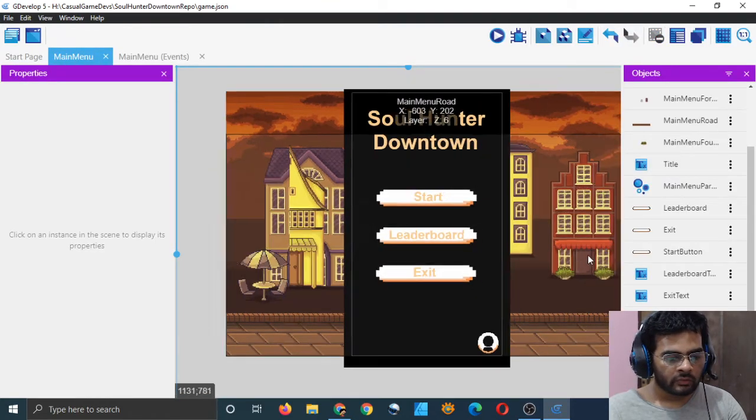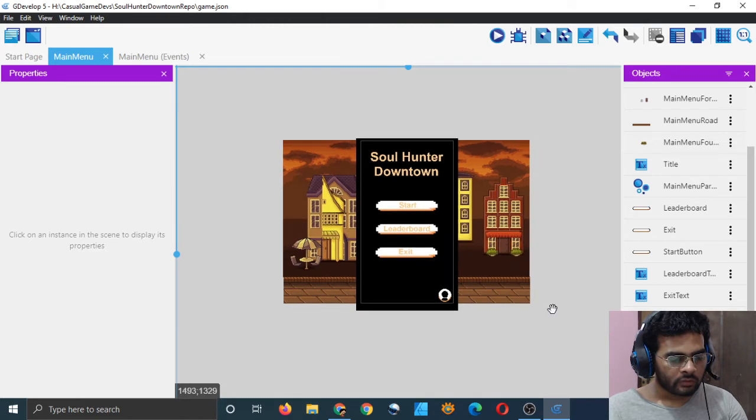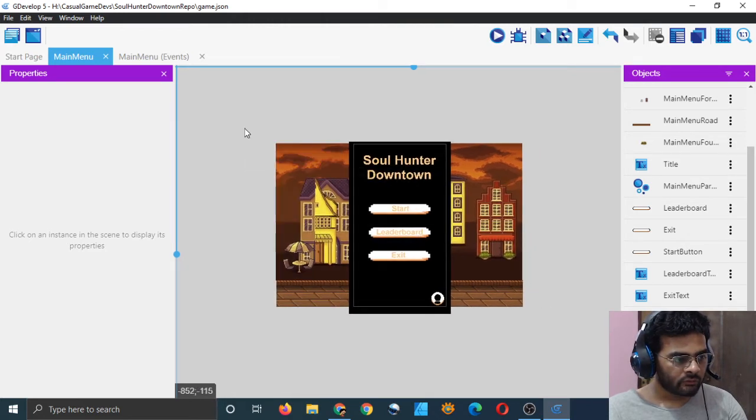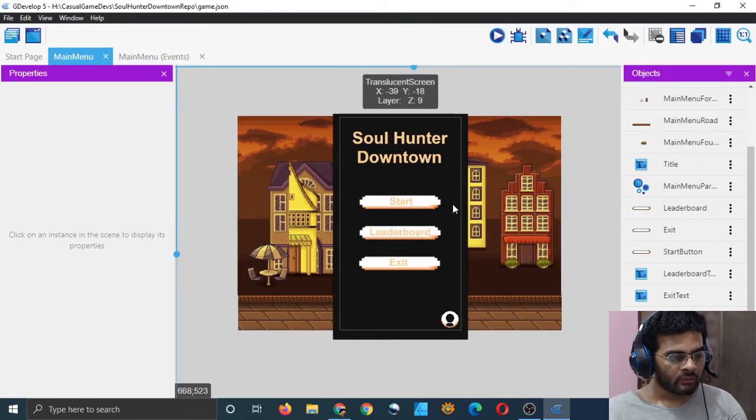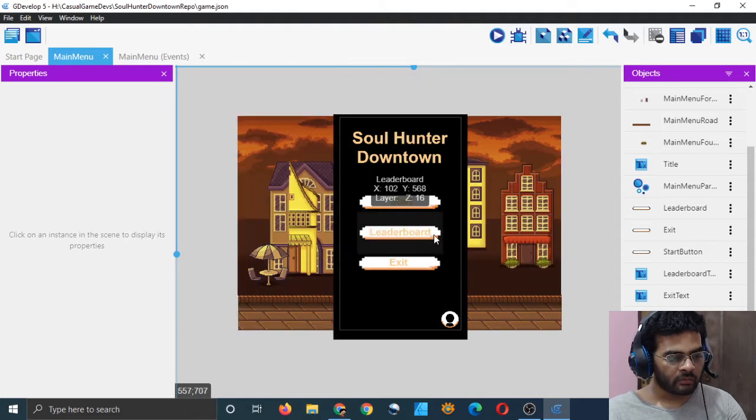And now let us add one more scene, and let us do some enhancement to our scene and game, that is the main game. And after we are done with that, we will come back here and make the leaderboard system and the account creation and all that.